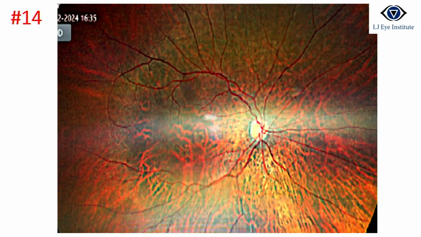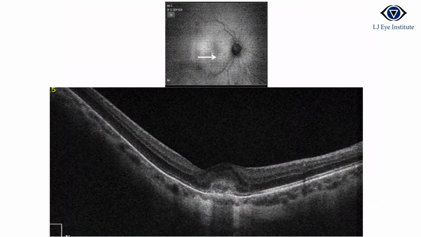This is an almost normal looking fundus, and the patient was very particular that she was feeling distortion for just 2 to 3 days, and it looked almost normal. Just when we did an FAF and OCT for this patient, we could see that a CNVM was sitting over here. So sometimes in unexplained visual loss, OCT gives a clue as to what it could be, and then we can proceed for further investigations and treatment.